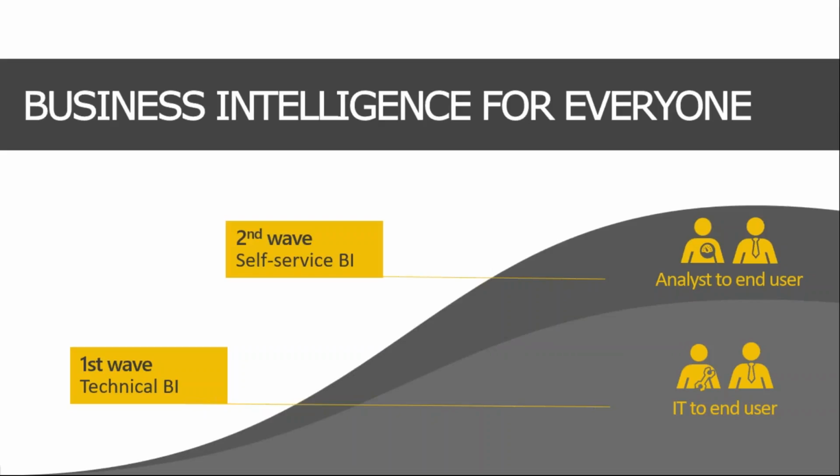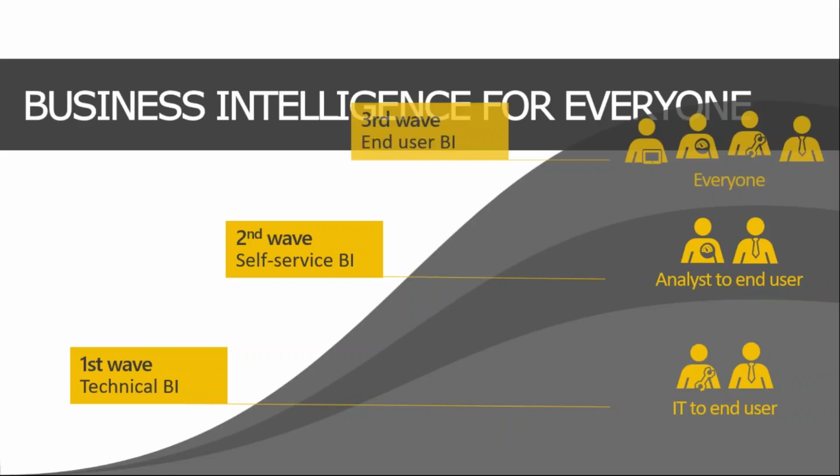But then, as companies started to use business intelligence, analysts were pulled into organizations. So that second wave is again the IT department supplying data to analysts. Now those analysts, instead of seeing the data in just a flat form and not being able to work with it, are beginning to work with that data. And this is where products like Tableau have pushed this forward, giving more power to the end user. But you'd have to be an analyst to really use those properly.